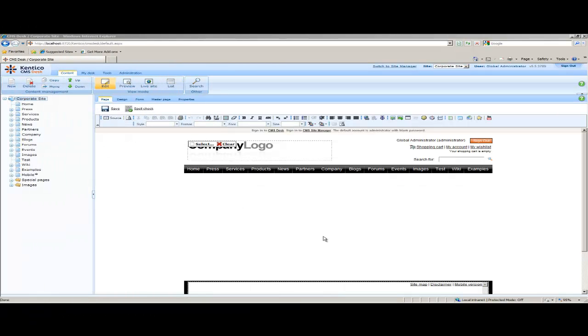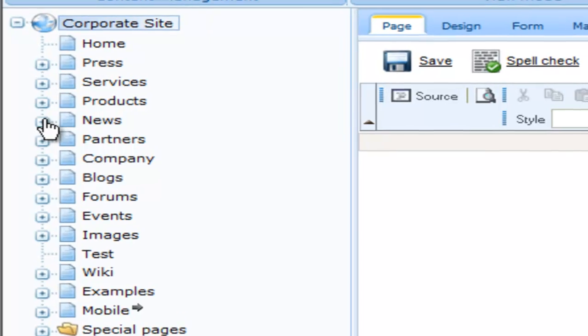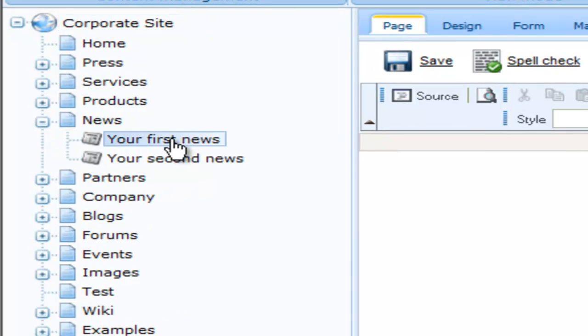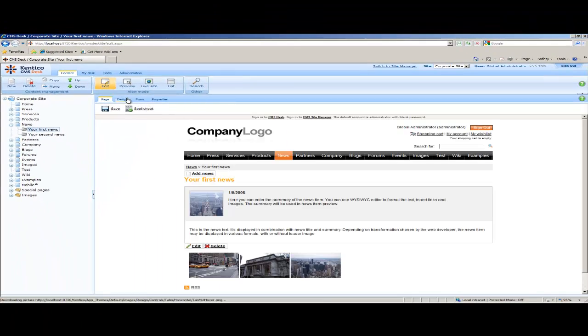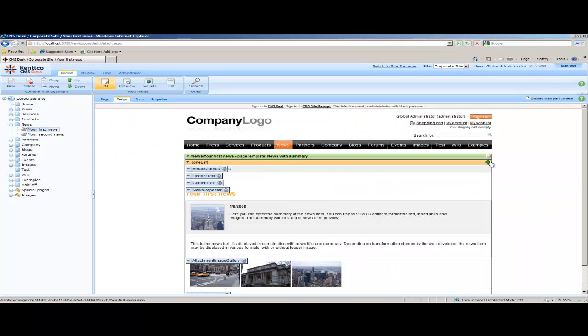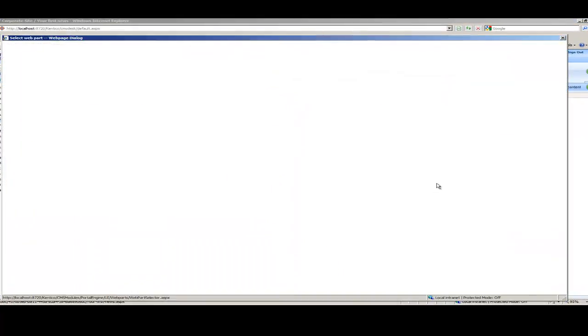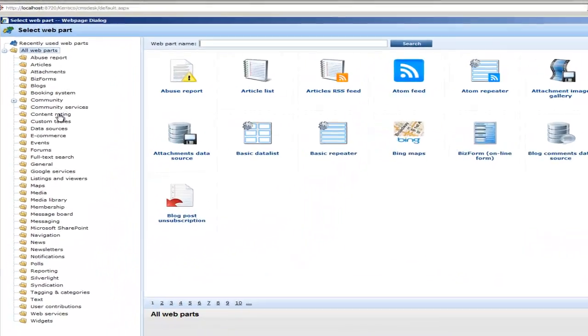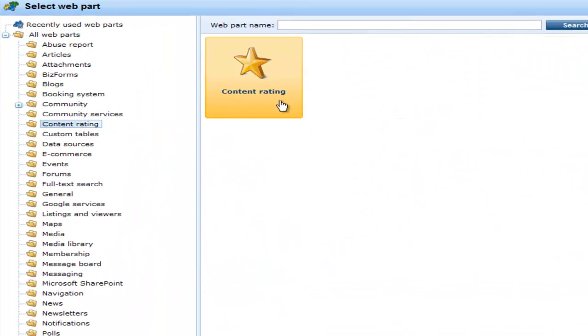Within Kentico CMS, content rating is enabled using the content rating web part. Let's go ahead and add this web part to a news item. Within CMS Desk, let's select News, Your First News, and within Your First News, let's go into Design mode. Within Zone Left, let's go ahead and add a web part, and we're going to select the Content Rating web